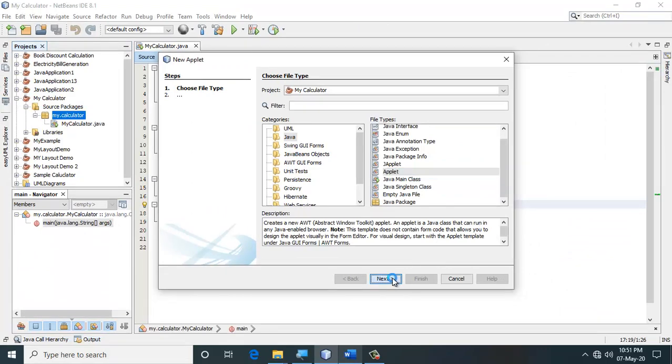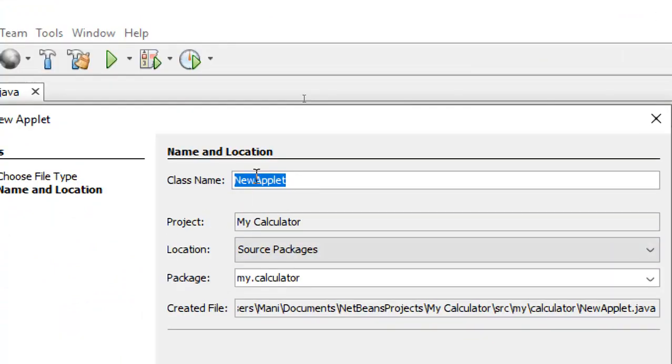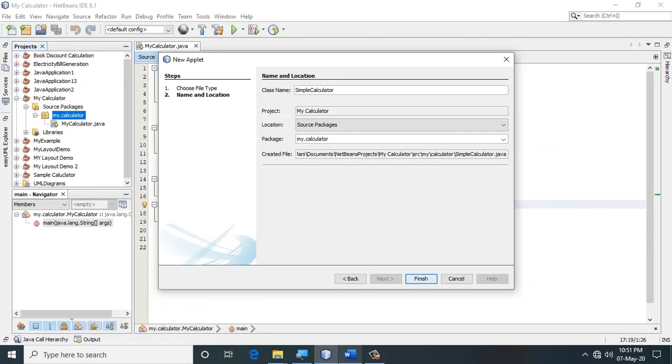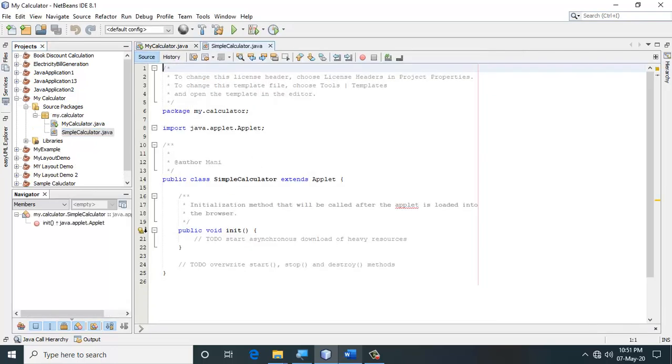I'm going to go to the next one, and I'm going to give a name to this applet as Simple Calculator. I'm going to finish it off. So my calculator applet is ready.